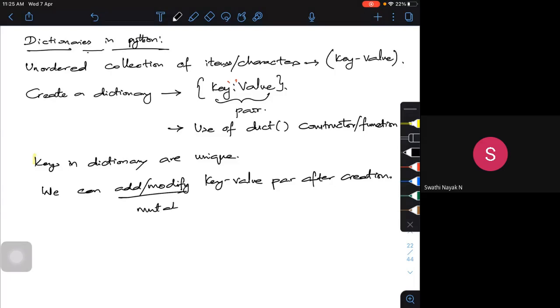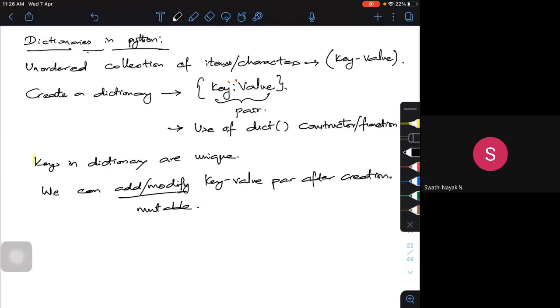That's the meaning of mutable in Python. So the items or collections in the dictionary are changeable; we can add or remove, all those things we can do. Now we have seen how we can create a dictionary.